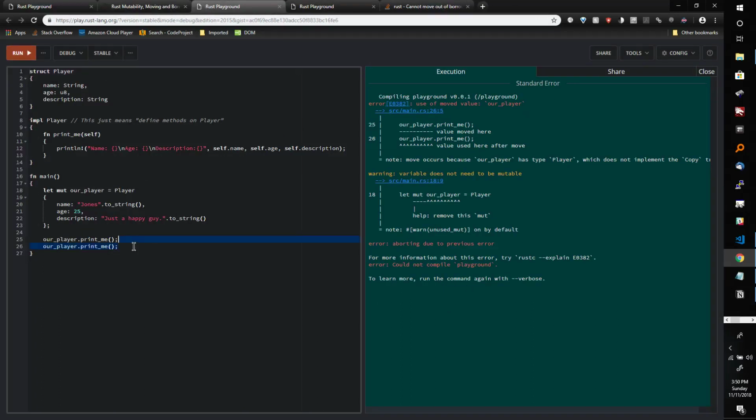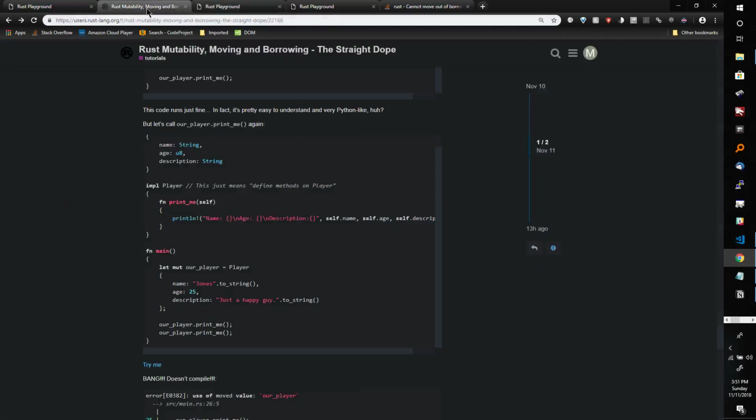This doesn't even make sense, because at this point we're using an object, we're trying to run some methods on the object, and you can't run it more than once. That's very strange, right? So it turns out